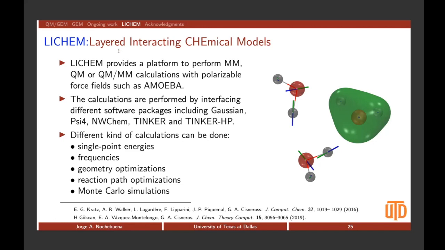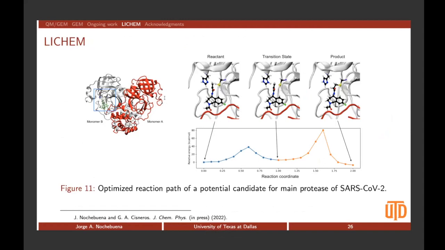And LICHEM is a platform that is used to perform MM, QM/MM, or even QM calculations with polarizable force fields such as AMOEBA. The calculations are performed by interfacing different software packages, including Gaussian, PSI4, NWChem, Tinker, or Tinker-HP. And different kinds of calculations can be done, for example, single point energies, frequencies, geometry optimization, reaction path optimization, or Monte Carlo simulation. In a recent paper, we used LICHEM to evaluate the performance of potential candidates for the main